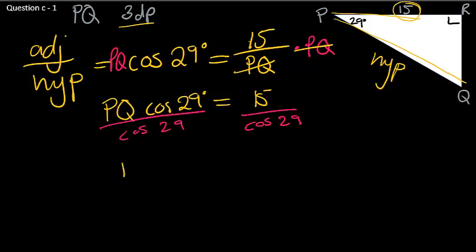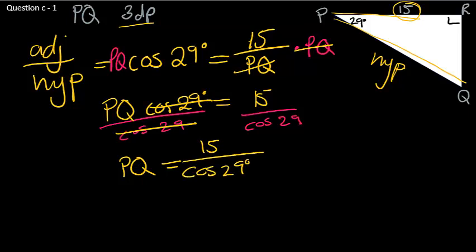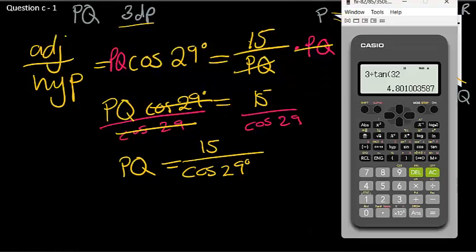So PQ is equal to 15. That and that cancels out. It's gone. 15 over cos of 29 degrees. Calculator says 15 divided by cos of 29 degrees gives us